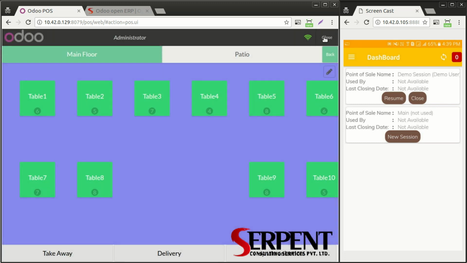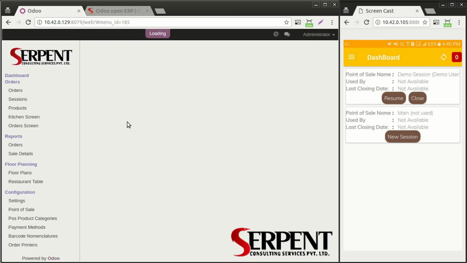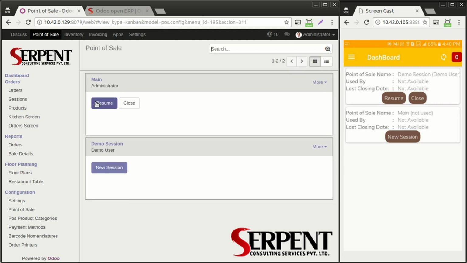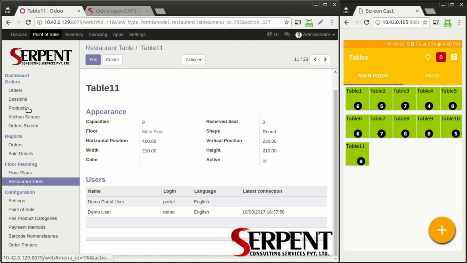So yeah, that is that. If I go and close this, great. Now we can see that the demo session has started, demo user is using it, and let's click on the resume button, which will redirect us to the tables defined over here. Now let's move forward and click on table 1